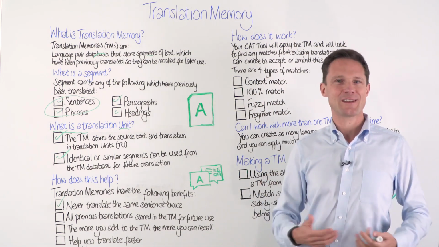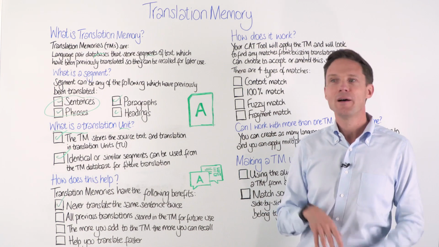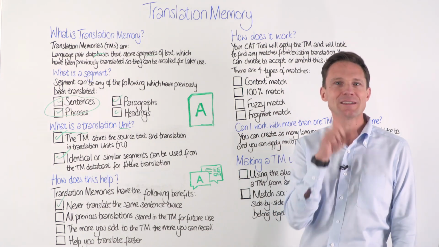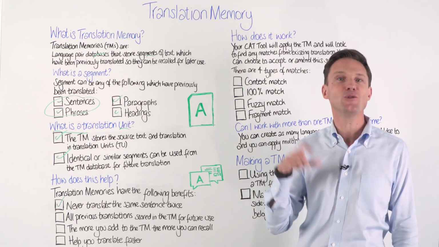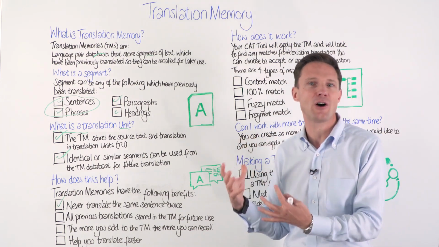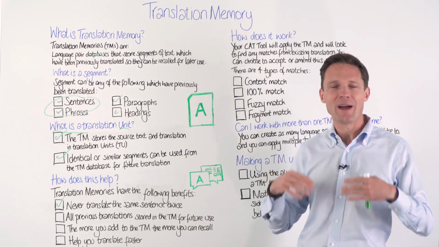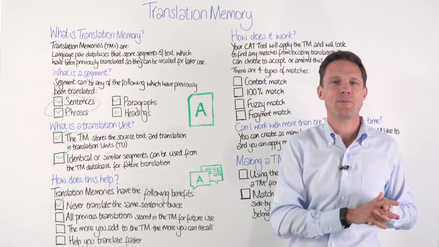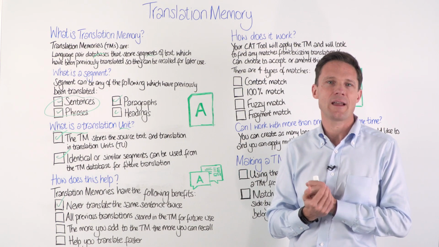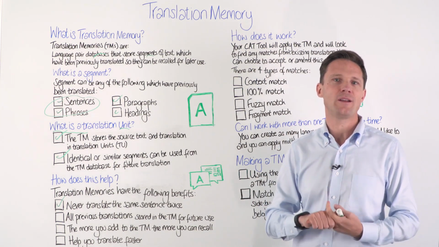First of all, retranslating the same things is boring, so you don't have to do it again. Sometimes you have to watch it. Sometimes you have translated something and you do need a different translation because of different context. So you always need to check those translations. But in essence, when you have translated something, you don't want to translate it again. It does save you time, but it's also about quality.